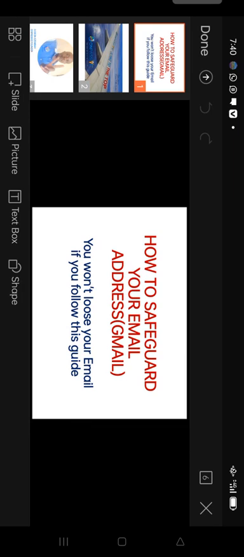How do I mean? Before you can get into your ONPASSIVE account, you must make use of your email address. This is how you log into your ONPASSIVE account. You go to ofounders.net. Once you open it, you will enter your email address which you registered with, and then you enter the password which you registered with.